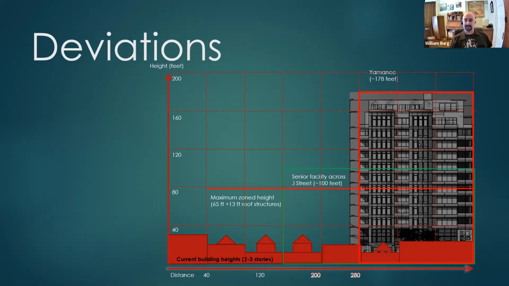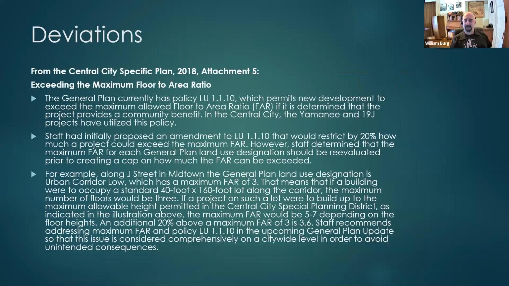And so what we're asking is for that plan policy to be changed, as the city staff in the Central City Specific Plan in 2018 said they would. Said, well, we want to limit it to 20% maximum. If there's a really cool benefit, we can give them 20% more. But at the time, the floor area ratio maximums were so low that you couldn't build a feasible building to that height, and asking for the extra 20% really didn't make any difference. So they said, well, we're going to look at floor area ratio in the general plan and then hopefully get rid of this policy or scale it back to a maximum of 20% instead of the sky's the limit.